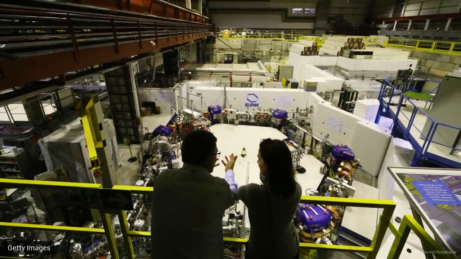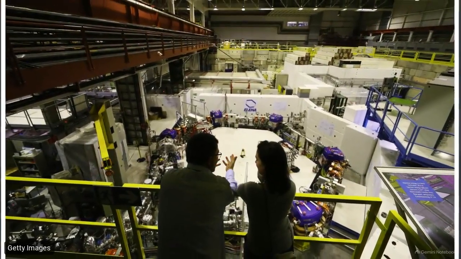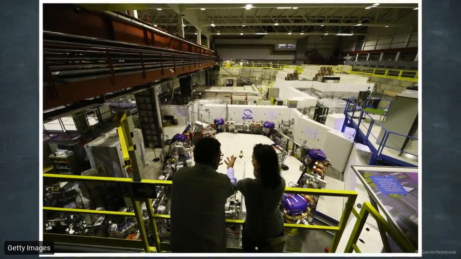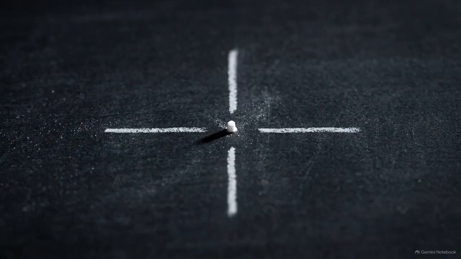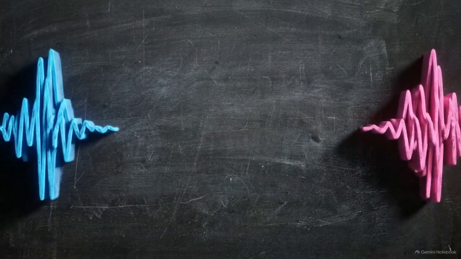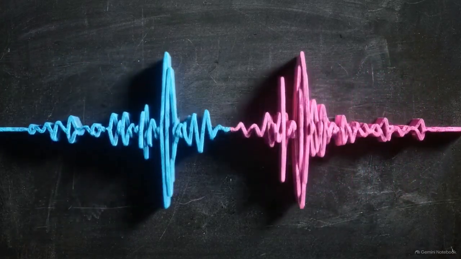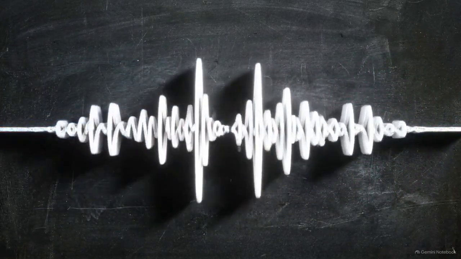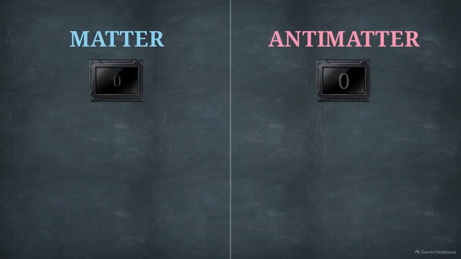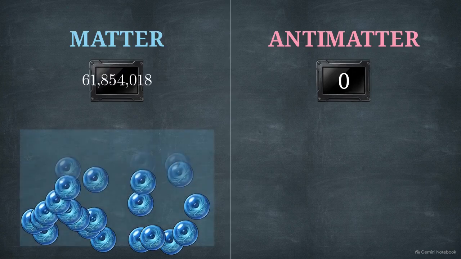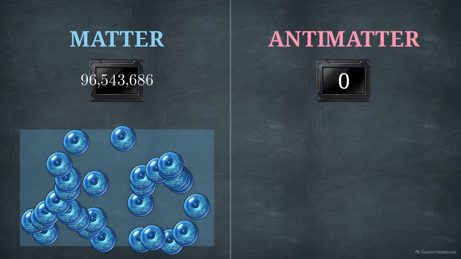In 2016, the International ALPHA team published their findings. The anti-hydrogen spectrum was entirely consistent with normal hydrogen, down to a relative precision of 2 parts in 10 billion. CPT symmetry holds up against the most stringent tests humanity can devise. The mathematical derivations of Dirac and Feynman are accurate. Yet, the contradiction remains. The math demands equal creation, and physical tests prove matter and antimatter behave identically. Yet the universe we inhabit is composed purely of normal matter.